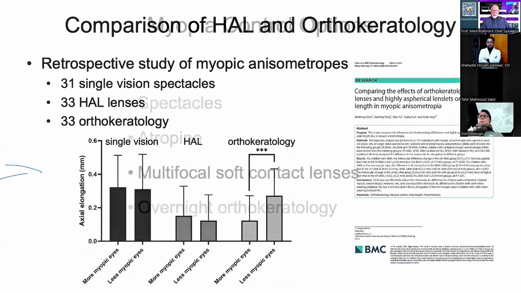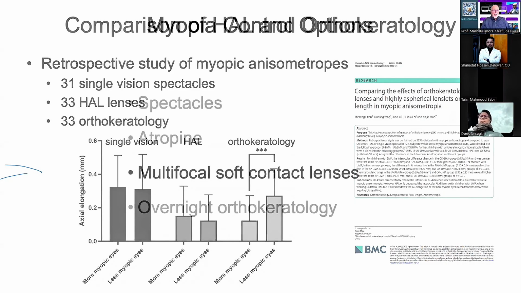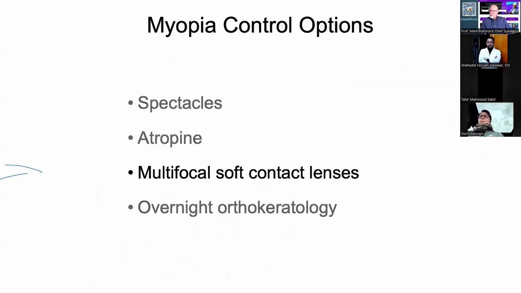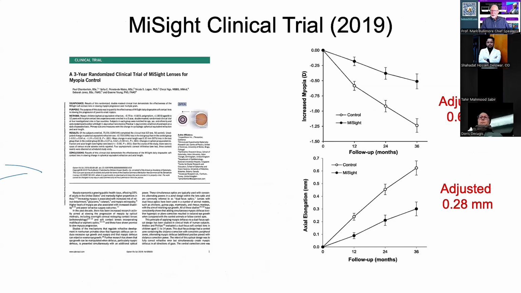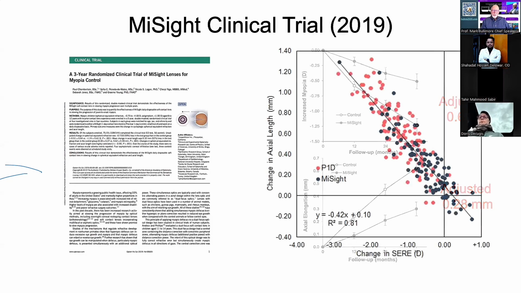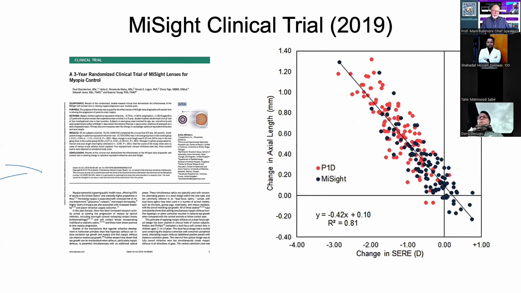So just to compare that with other kinds of devices, let's talk briefly about soft lenses. These are data from the MiSight clinical trial, which was published about 6 years ago. You can see over 3 years, you've got a slowing of about 2/3 of a diopter and a slowing of almost 0.3 millimeters of axial elongation. And what you can see in both the treated and the control populations is a correlation between axial elongation